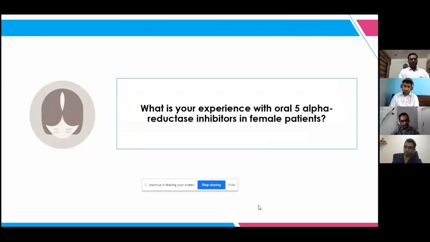And the dosage which we give for men doesn't suit women. Generally, it's recommended to give a higher dosage. We can try a higher 5 milligram finasteride for women who don't respond to the standard line of management. The response is variable. Some respond well, some do not respond well.